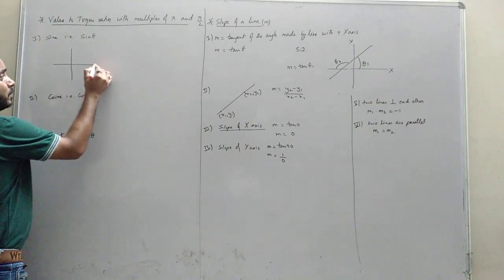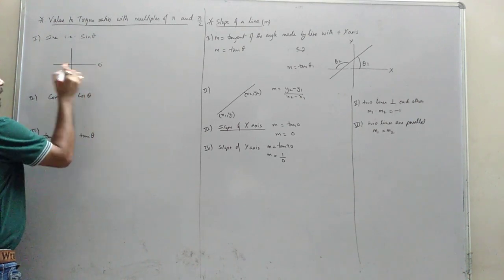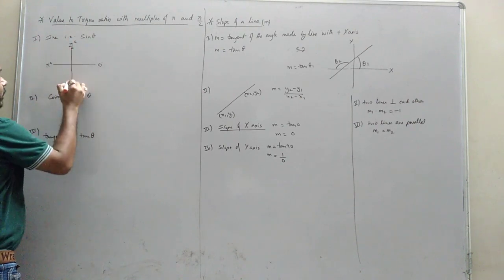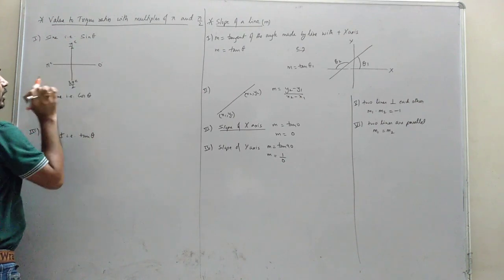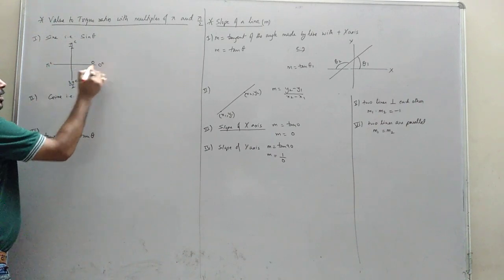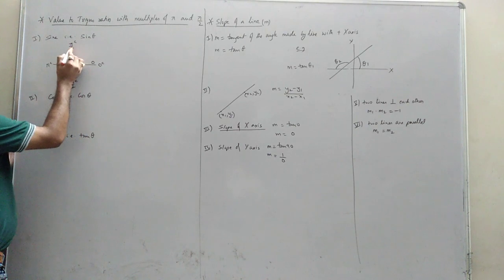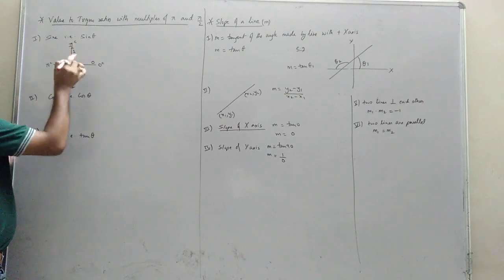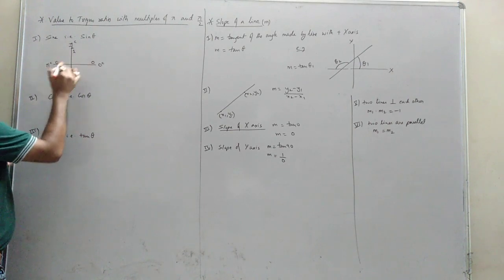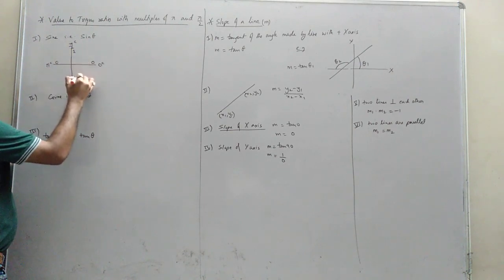Here we have 0 degree, or 0 radian. Here we have pi radian. Here we have pi by 2 radian. Here we have 3 pi by 2 radian. Now, we know sine 0 is 0. This is 0 radian, this is the value 0. And we know sine pi by 2 is 1. These things you should know. Now what you do, opposite to 0 you write 0, opposite to 1 you write minus 1.